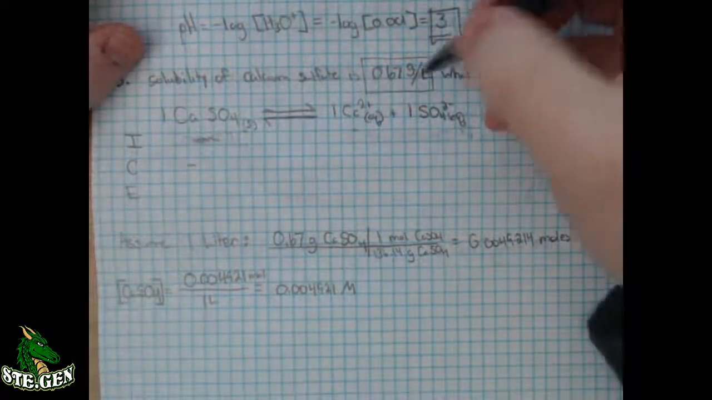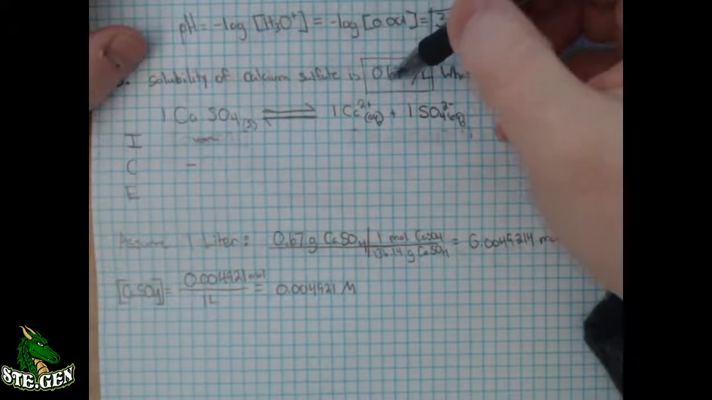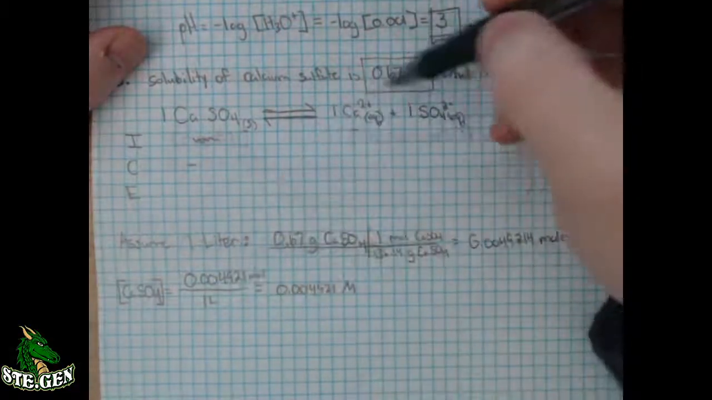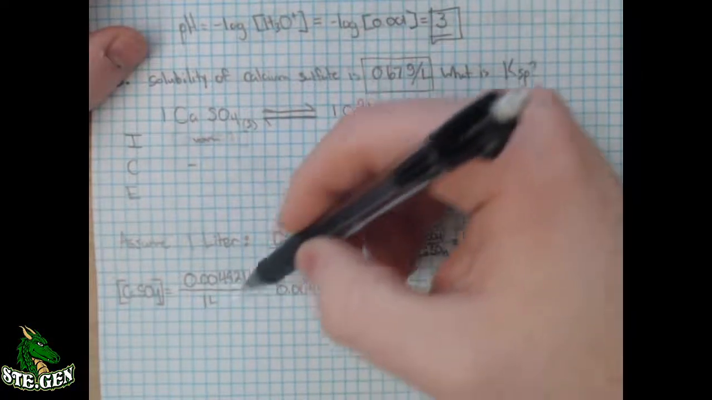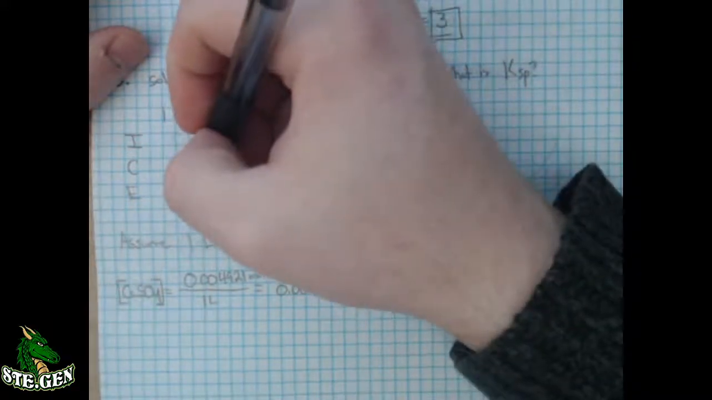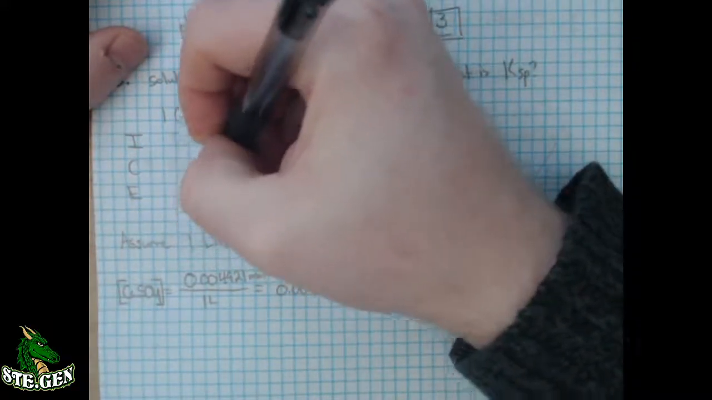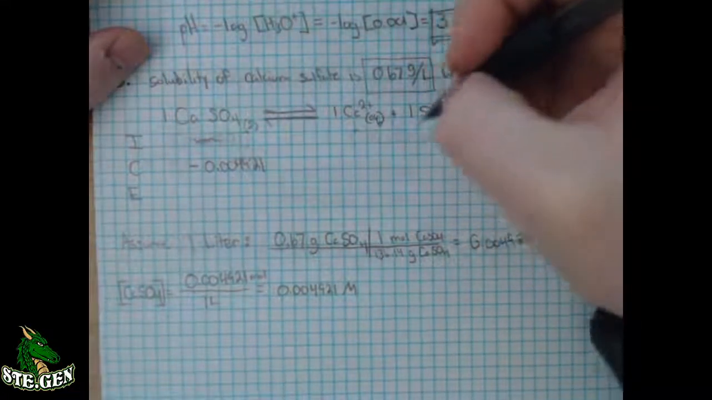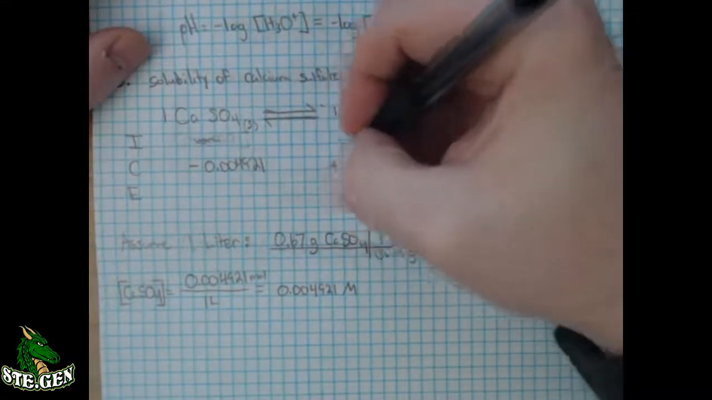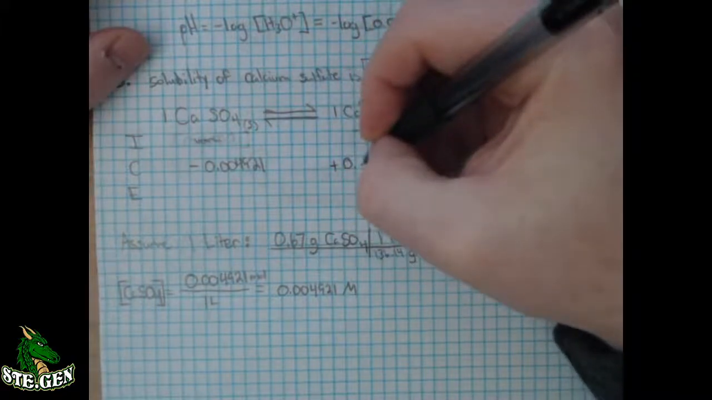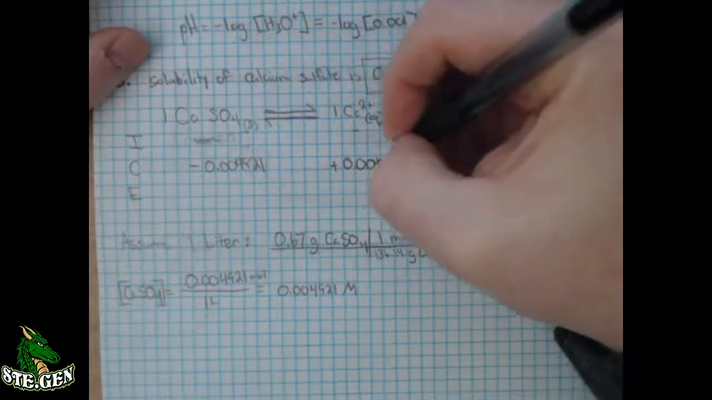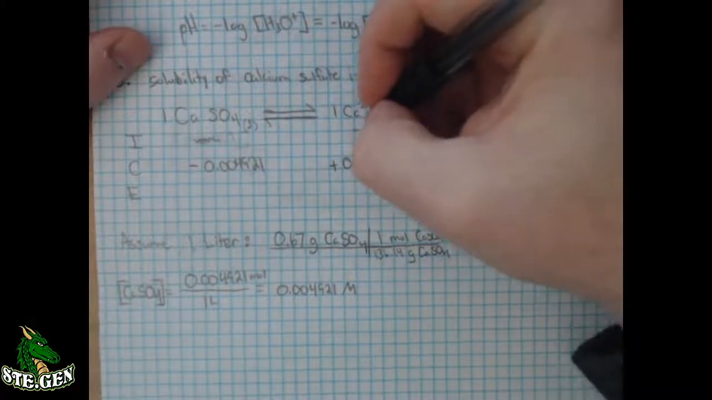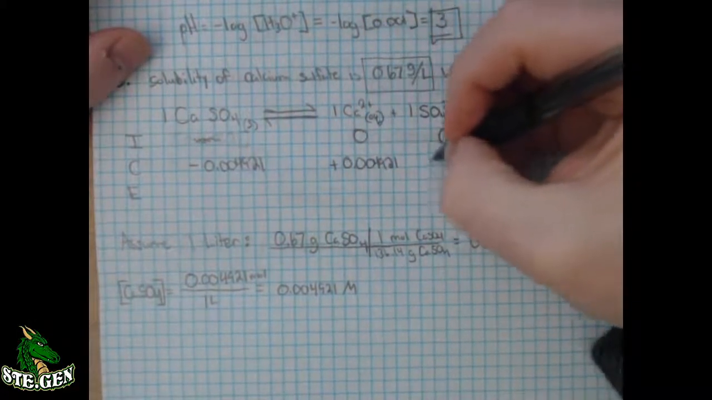So whatever amount you start with, however big of a chunk it is, if we're assuming 0.67 grams is the only amount, and we're just dealing with 1 liter of liquid, we are going to lose 0.004921. So this is the amount that we're going down by. These both have 1, so we're going to have to go up by that much. So up by 0.004921,